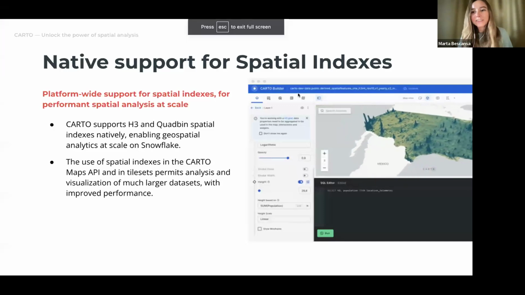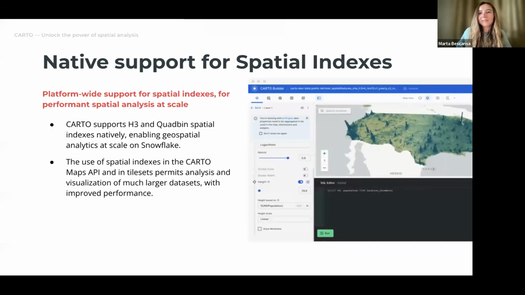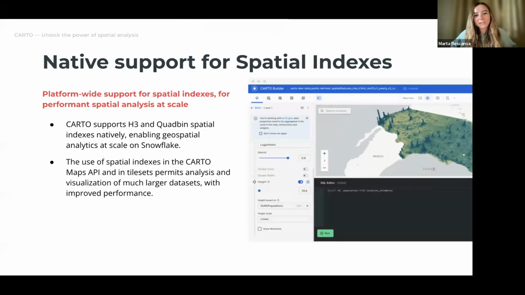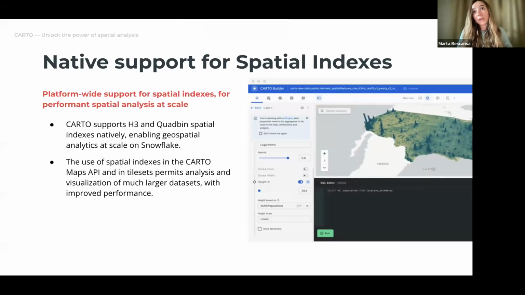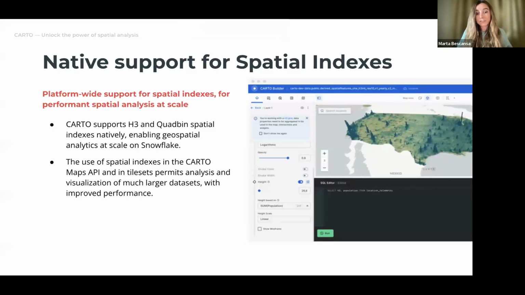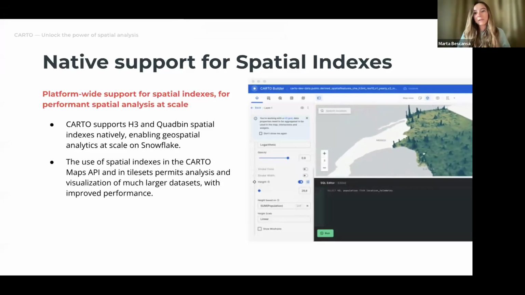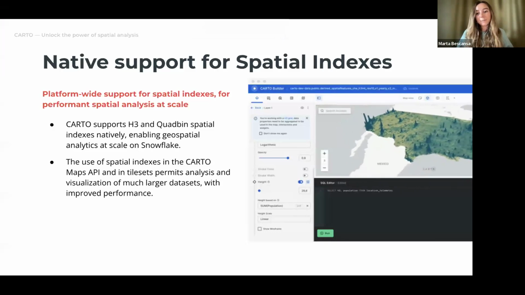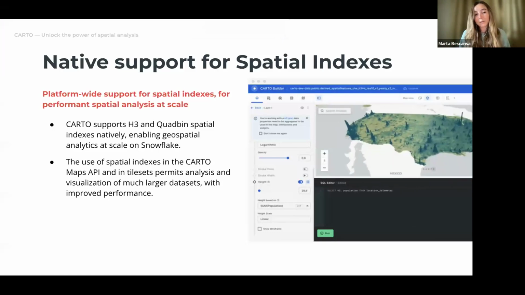So the reason why we talk so much about H3 spatial indexes is because it matters a lot in the way, of course, Oleksii just mentioned, how easy it is to perform a spatial analysis once you have transformed your data to spatial indexes such as H3. And something that is quite characteristic about the platform and very unique about the Carto platform